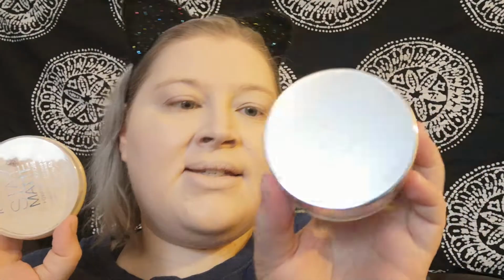This is the Rimmel Stay Matte. Now, I go between these. It depends how dry my skin is. If my skin's really dry, I use this. This is the Body Shop Loose Face Powder in 02. And this is Rimmel Stay Matte. If my skin's quite oily, I use this. Or sometimes I use a bit of both. Today, I think I'm going to use this because I want to be nice and glowy. Because this has got a bit more of a, not shimmer, but just a glow to it, basically. I mean, it does go everywhere, but...